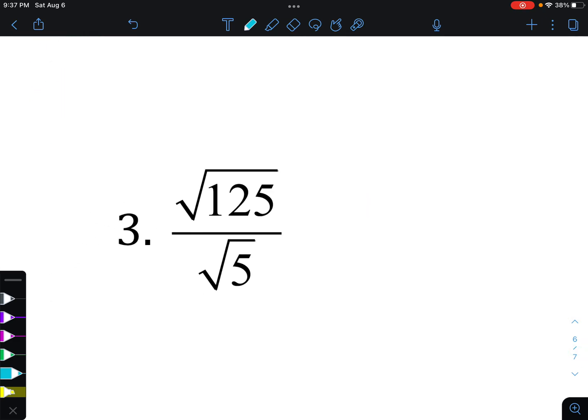So here we see a perfect example of deciding, are we going to keep the radicals separate, one in the numerator, one in the denominator, and then simplify them separately? Or is it easier to actually rewrite this as one fraction under the same radical? So I'm going to kind of show you both ways. For this first step, I'm going to show you let's try by putting the 125 and the 5 under the same radical. If we do that and we start simplifying,